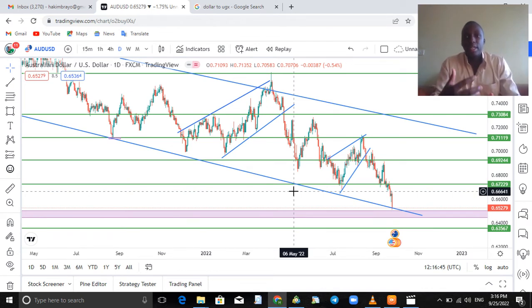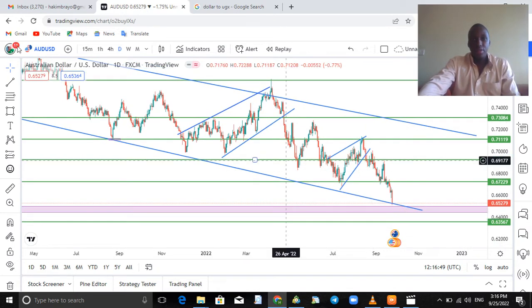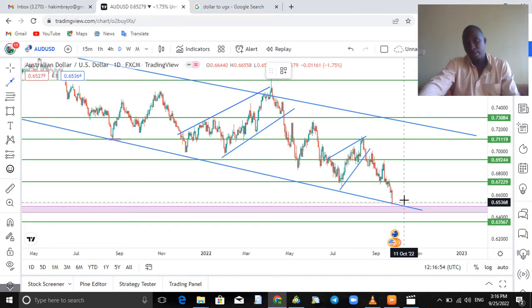Now what do we expect from next week? Remember, we have two major market key levels. This is our first level, where we have drawn our support level with a rectangle shape. So this is our first target,